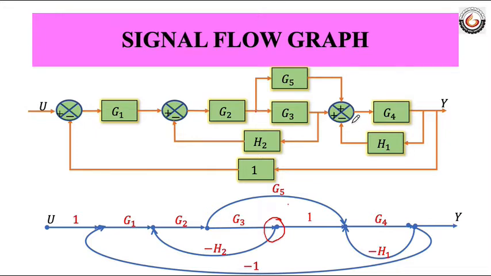This is a takeoff point. If you will see, this is my sum, so I'm taking it as one node. Then again a sum, I'm taking it as one node. Then I'm having a takeoff point, I'm taking it as one node. Then again one takeoff point, one node. Then a sum, then another node, then again a takeoff point, and then another node. Okay, so like this. This can be the same takeoff point because both are at the same point. Every takeoff point and every sum should have its own node, and because there is no gain over this, we will take the gain as 1.